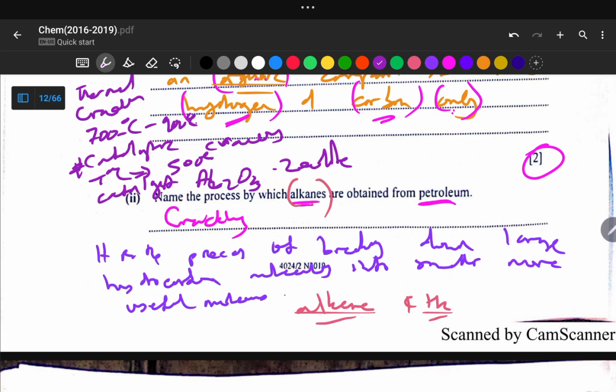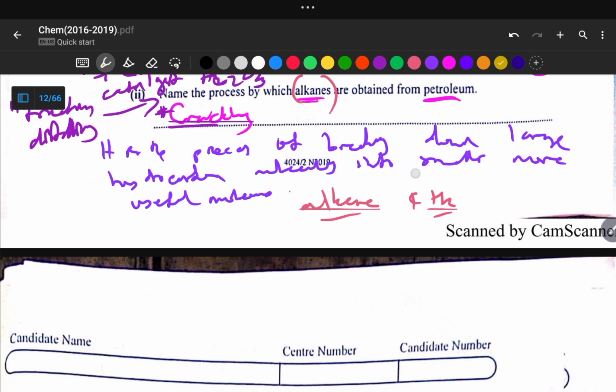Here also we can say fractional distillation, right? We can also have fractional distillation as the answer to this question. So we are going to use cracking and fractional distillation to be more specific. So this one will produce the exact needed alkane, and this one will give a range of products. So you need to know the list of the products